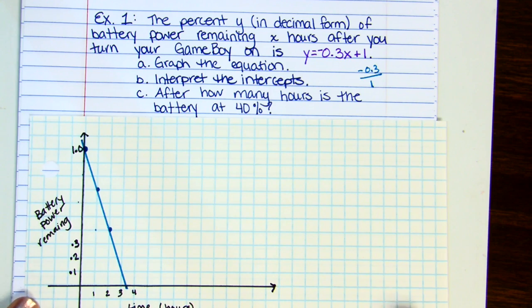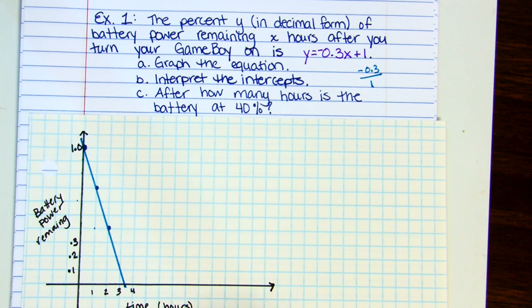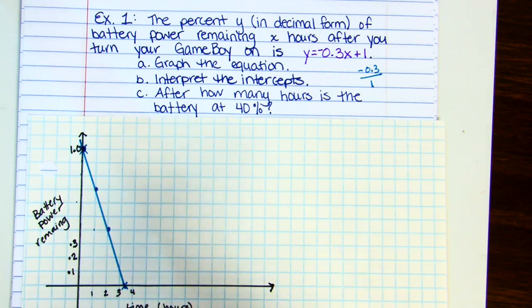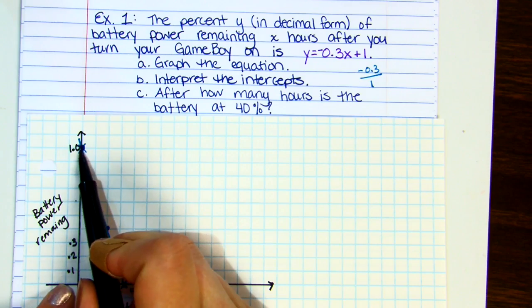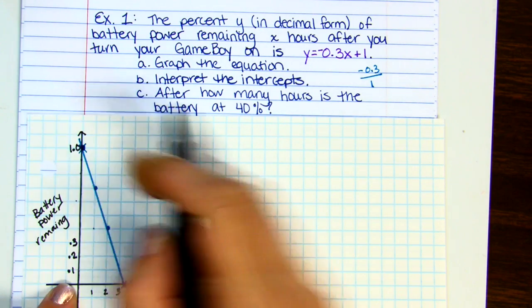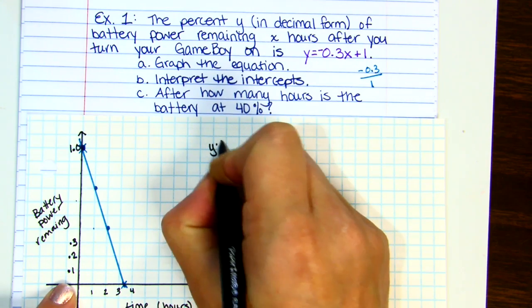Part B says interpret the intercepts. So I want to interpret what this point up here means and what this point right here means. This one we've already talked about a little bit. This is when no time has gone by. I'm starting at 100%. So the y-intercept,